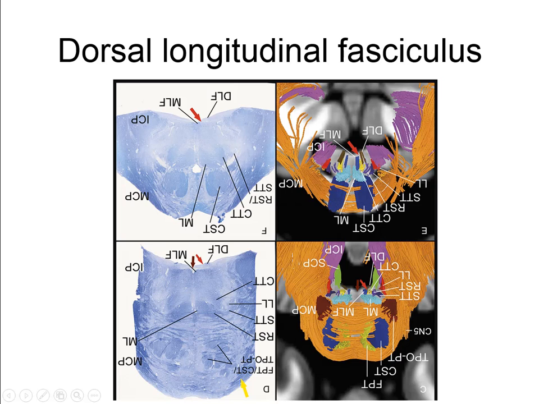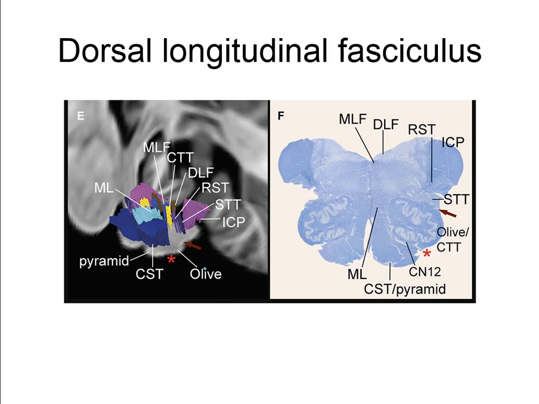And as we come down further in the pons, we can look to where they are. Here is the dorsal longitudinal fasciculus right out there. This is the MLF coming down, and we will eventually bring that MLF down to the nucleus of 6. We're not there yet. And if you look here, here's the MLF. This would actually probably be prepositus here, and here's the dorsal longitudinal fasciculus. Okay? This ICP is the